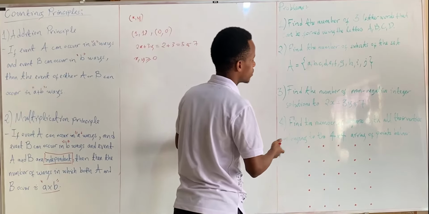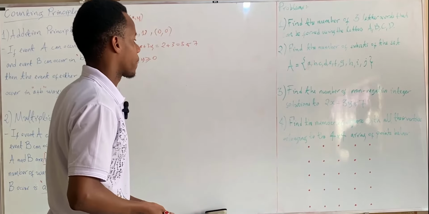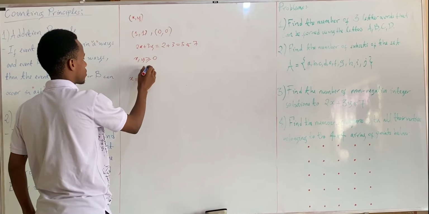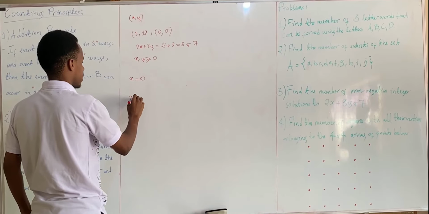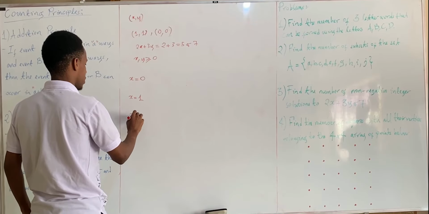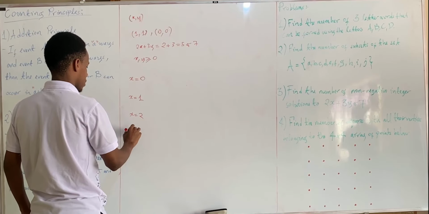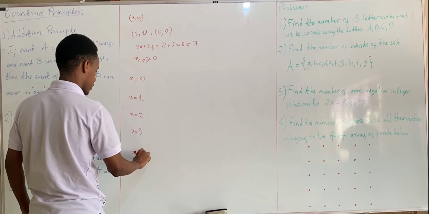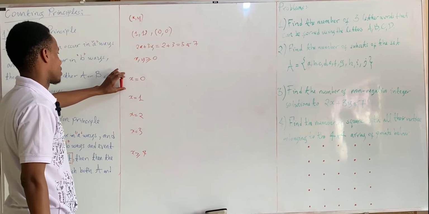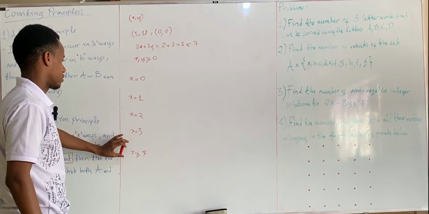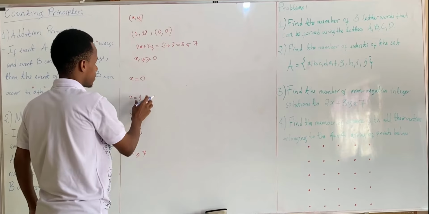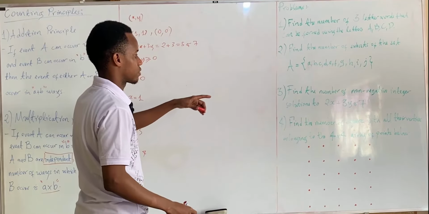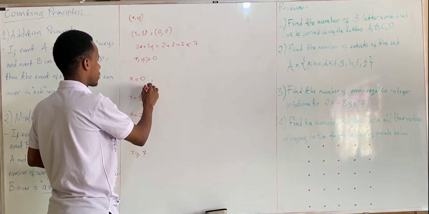So in order to do that, we can categorize them. When x equals 0, because x has to be at least 0, we start at 0. When x equals 1, when x equals 2, when x equals 3, and when x is at least 4. So these are the events: event 1, event 2, event 3, event 4, event 5. And in each of the events, we try to evaluate the number of pairs x, y which satisfy that inequality. So in this case, for x equals 0,